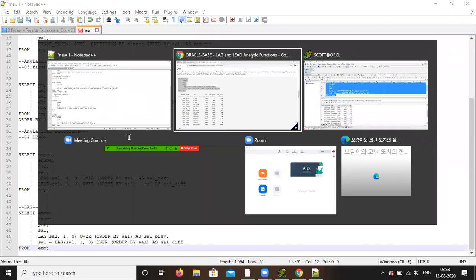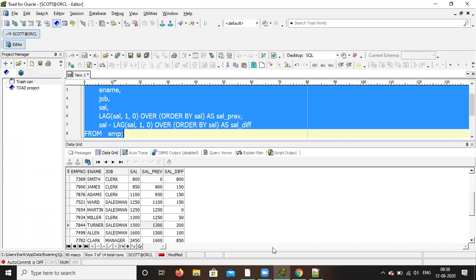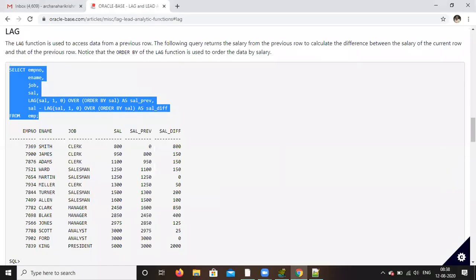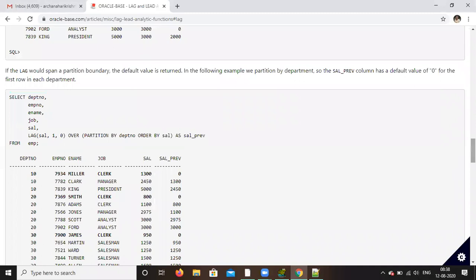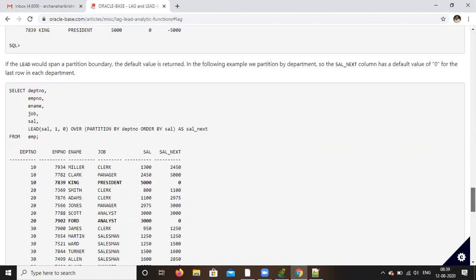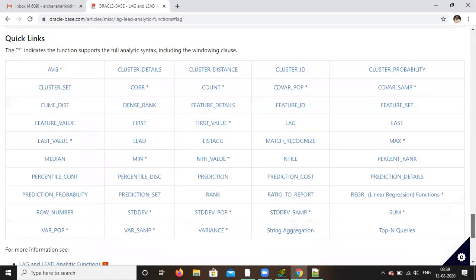Now one more is there, which is basically we use, that is list aggregate. Come down. Go to third column, fifth one.